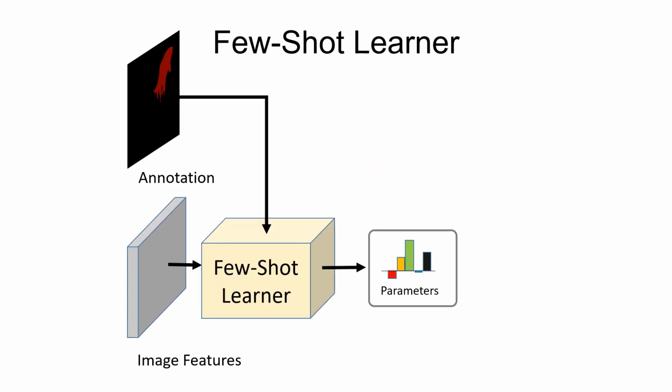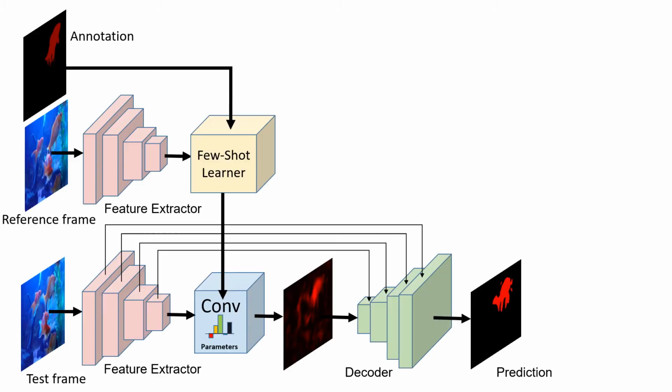The few-shot learner can easily be implemented as a network module which outputs the parameters of the target model. Our full computational graph can thus be viewed as a feed-forward network. Given a video with a reference frame, the few-shot learner first predicts the parameters of the target model. The learned target model is then applied to the test frame features to output a score map of the target regions. The decoder then refines this along with features to predict the final segmentation mask. Thus, we can train all components of our network, including the feature extractor and the decoder, in an end-to-end manner.